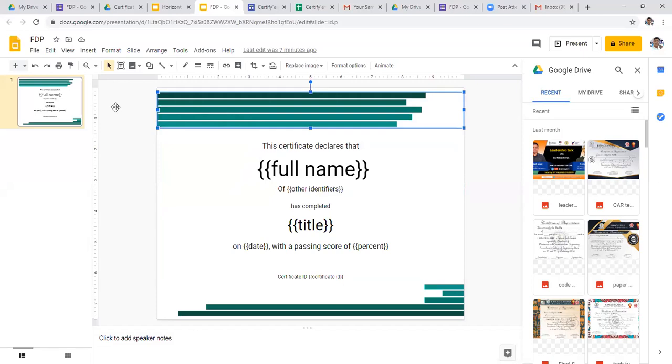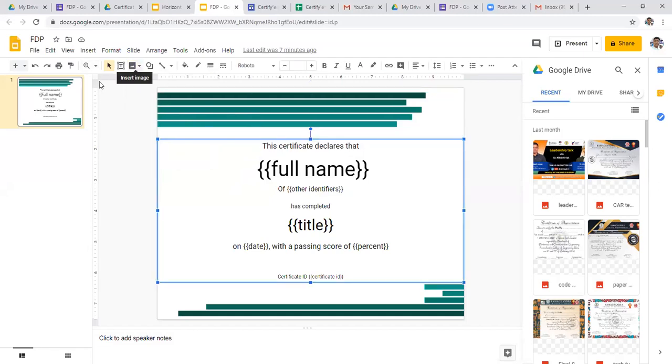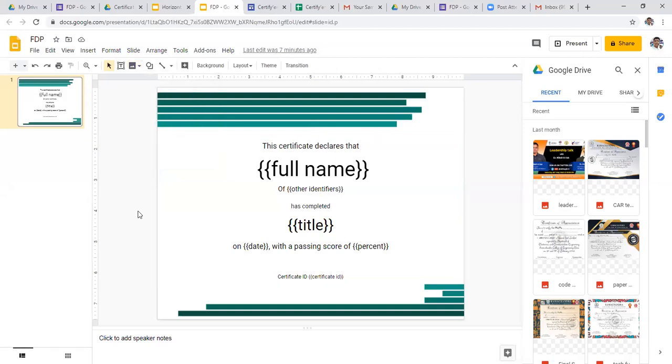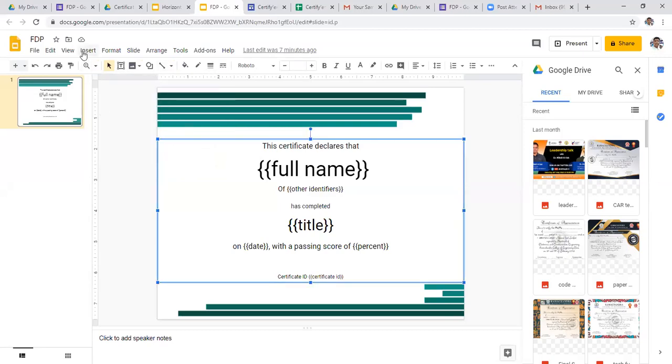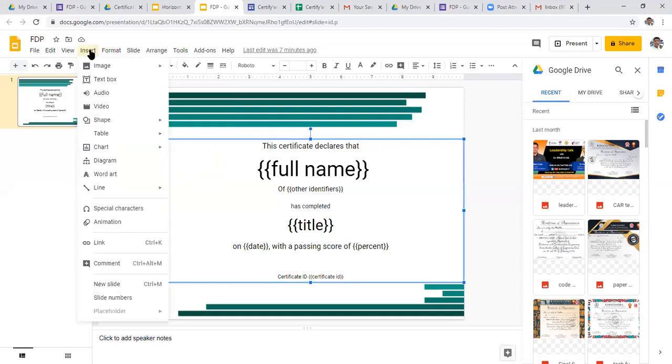For example, if you want to add your college logo here, then go to the Insert menu. In the Insert menu we can add an image.